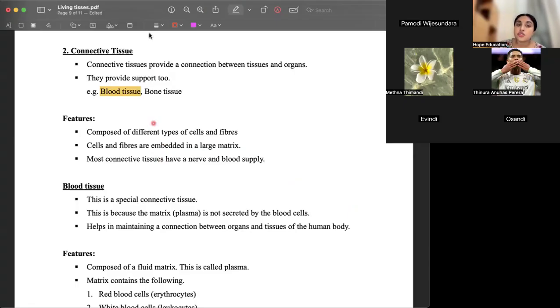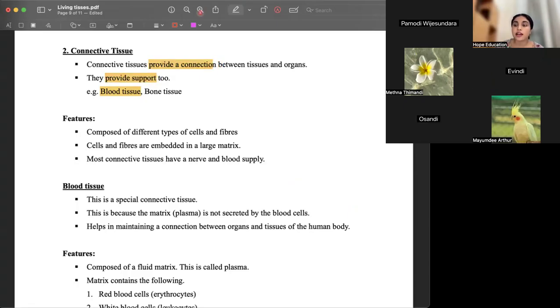Anyway, connective tissues provide a connection between tissues and organs. They provide support too. One is, as I said previously, blood tissue. The other one is bone tissue, which is the bones of the body. You have seen skeletons, no? Those skeletons are how our body actually is if it was not for all the organs